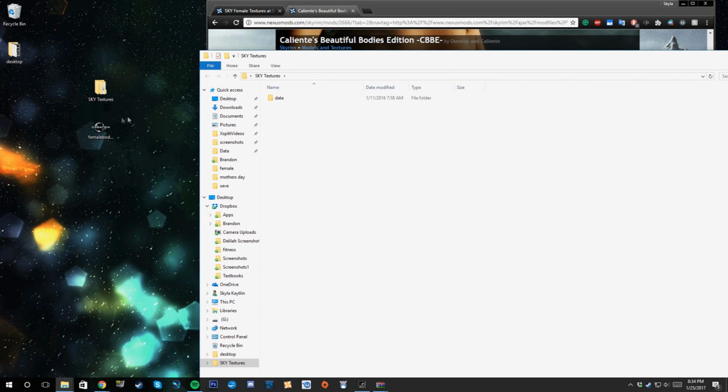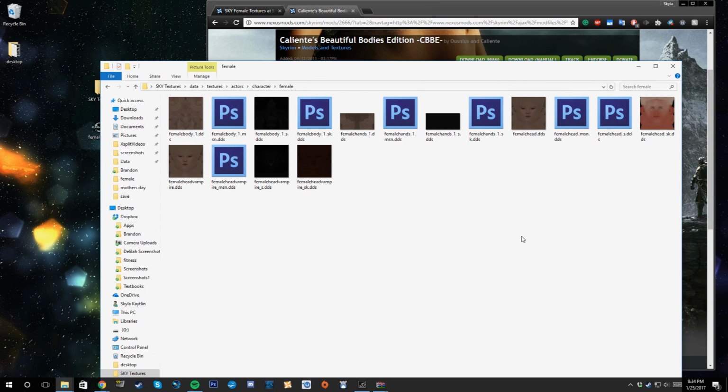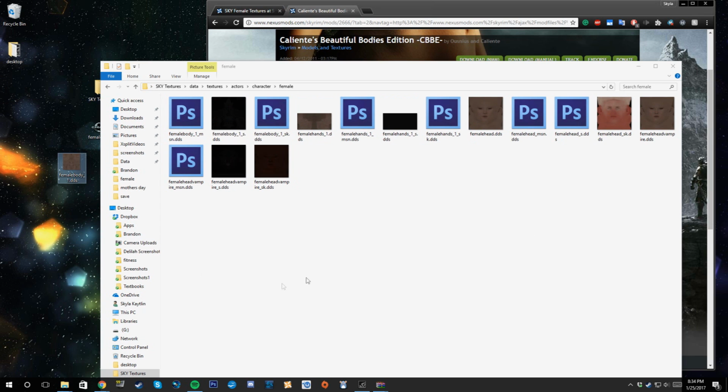So once you have your textures exported onto your desktop, you're going to go through here and keep going until you find female. And there's going to be many textures here you see. The only ones you actually want to edit for putting a tattoo on would be female body _1, female hands _1, and female head. So we're just going to do a body tattoo, but if you can do hands tattoos, you can do head tattoos, face paints. Options are endless. So we're just going to start with the body. We're going to extract that to the desktop, close out,